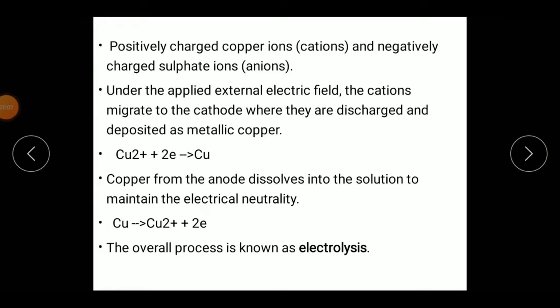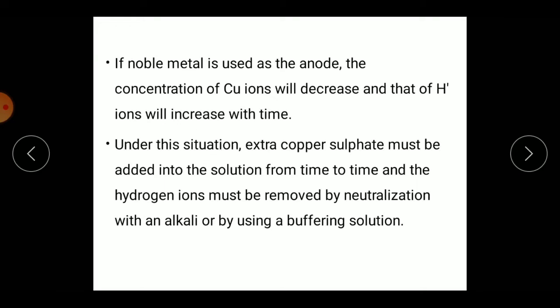The explanation for electrolysis is given here. You can just go through this. And when the electrolysis process is occurring, the sulfate ions, that is concentration of the sulfate ions, will remain unchanged in quantity during the complete process. Why? Because sulfate ions are not involved either in the reduction process or in the oxidation process. So what will happen? The concentration will remain unchanged.